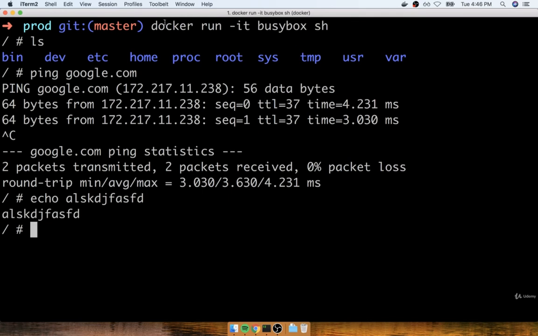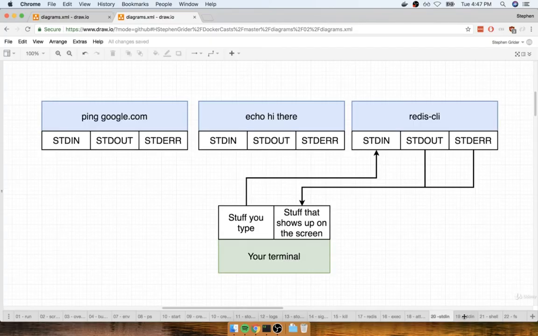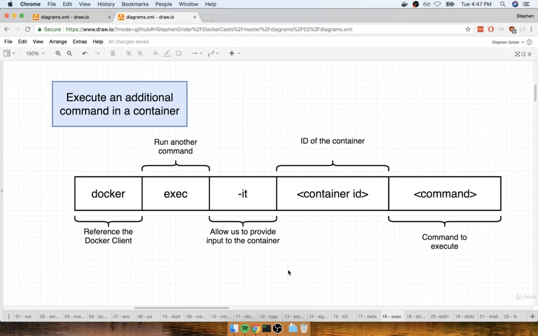Again, this is a command that you might be using somewhat frequently anytime that you want to poke around a container. The downside to using docker run with -it and sh is that chances are you're not going to be running any other process. It's a little bit more common that you're going to want to start up your container with a primary process of maybe your web server or whatever it might be, and then attach to it a running shell by using the docker exec command, right here. But I just wanted you to be aware of this alternate use of docker run.